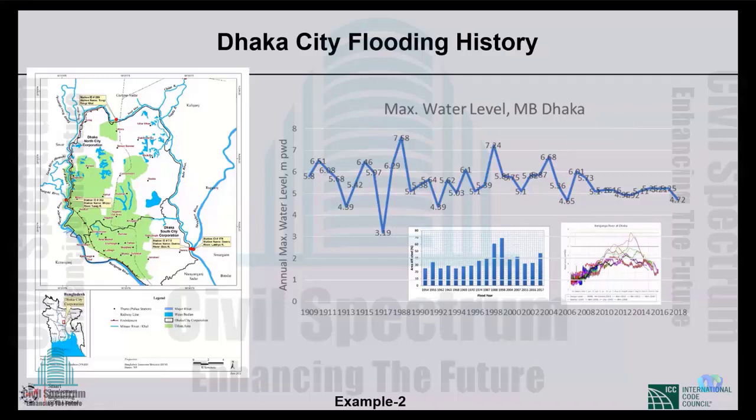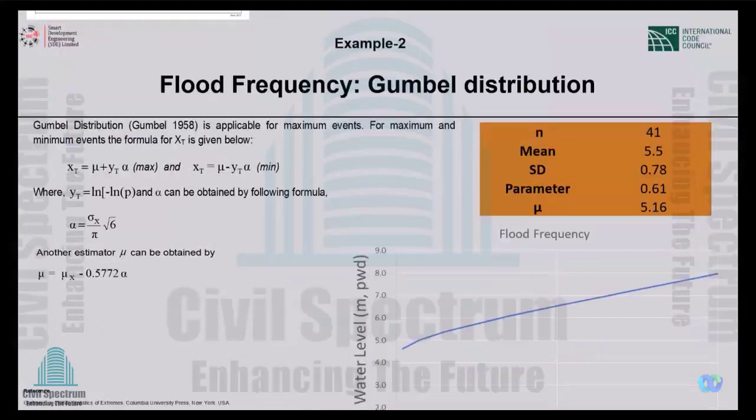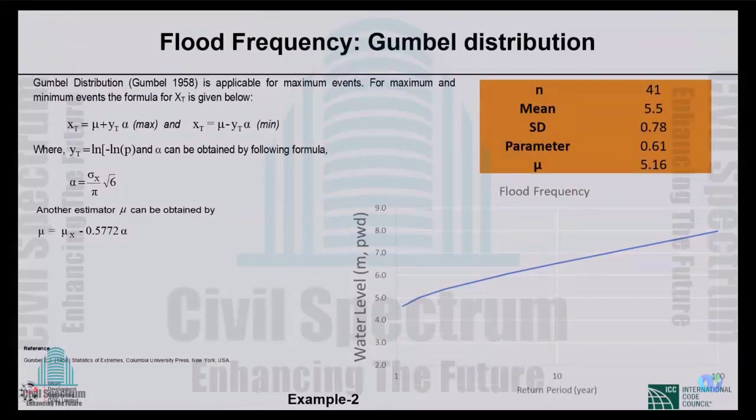If you do the frequency analysis based on these maximum peaks, you are going to get a curve like this on the right side. It shows the use of the Gumbel distribution, a popular distribution method. Very simple. Here is the equation. If you want, I can send you the Excel file and you can practice that. That is not a problem. So there are different parameters. I show them for this extension. There are four, but I don't want to go into details.